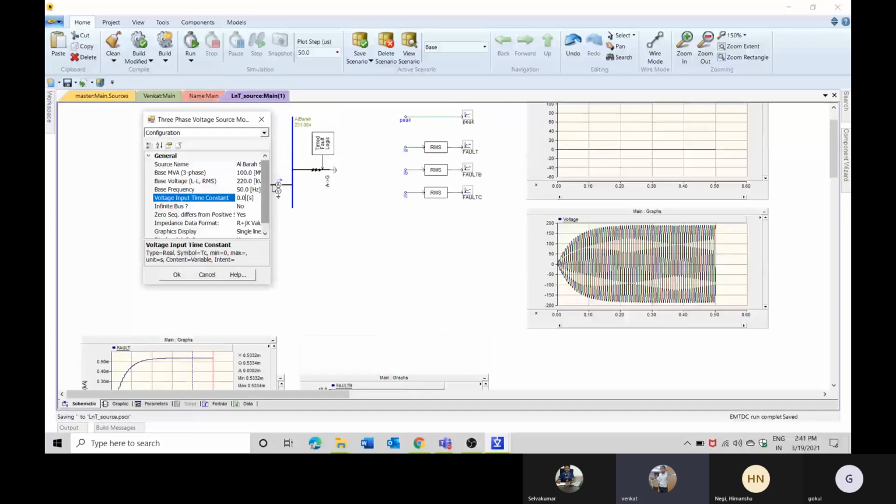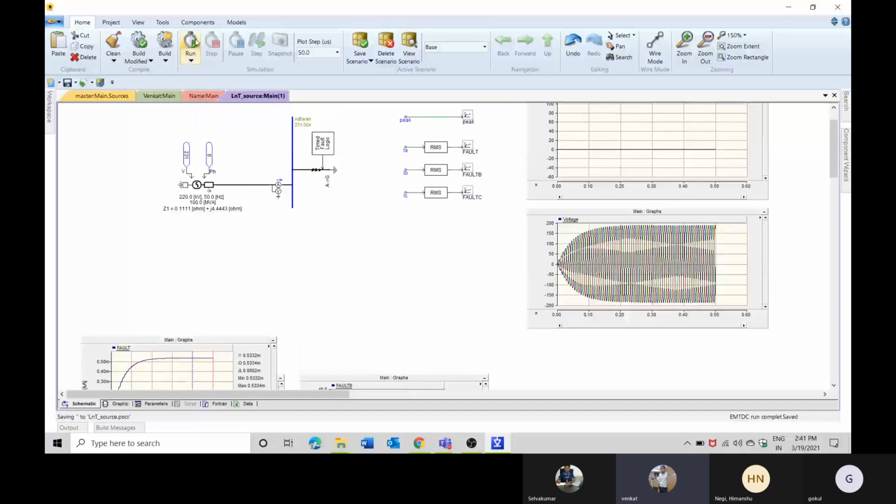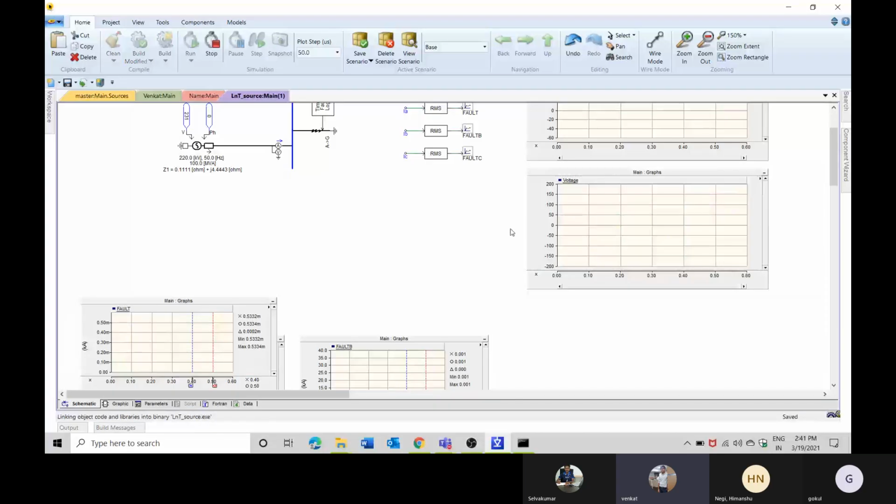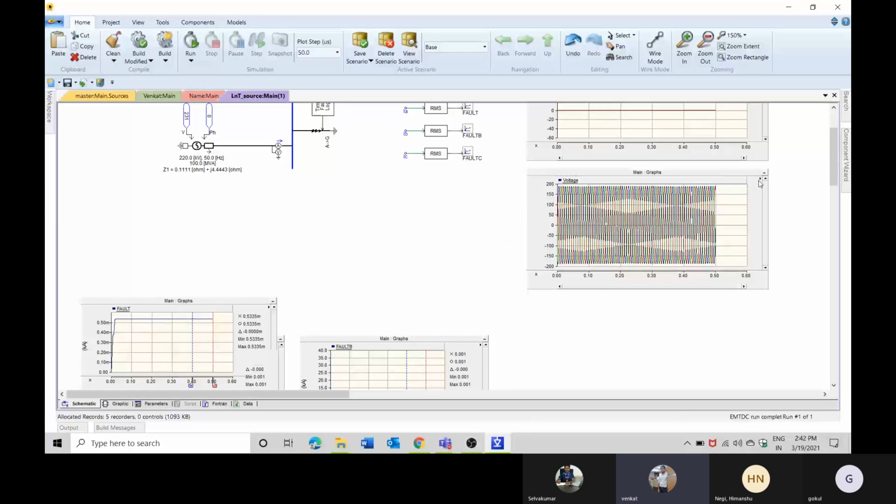Okay, if you give 0 here, it will directly start from the peak value itself. Can you see here? There is no delay in ramping up and all.